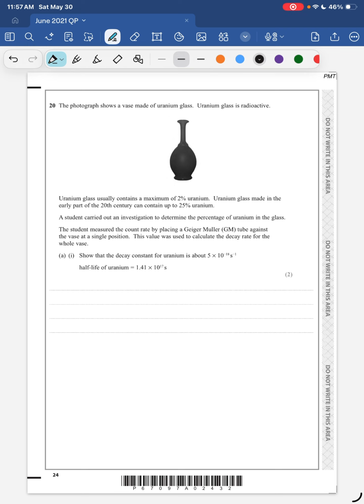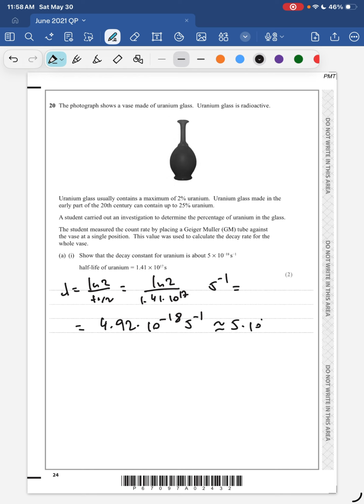Part 1, show that the decay constant of uranium is about 5 times 10 to the negative 18 seconds to the minus 1, and they give you the half-life. So lambda is ln of 2 over the half-life. So ln of 2 over 1.41 times 10 to the 17, and we're gonna have seconds to the minus 1. So we get 4.92 times 10 to the negative 18 seconds to the minus 1, which is about 5 times 10 to the negative 18 seconds to the minus 1